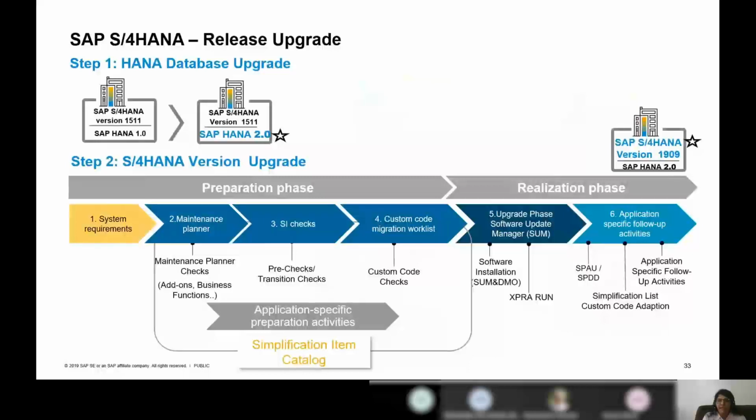So to migrate to 1909, the first step you need to take is to HANA 2.0. So what does it mean for me, a business user? If I have to do an SAP HANA 1.0 to 2.0 upgrade, this is my first downtime, a business downtime which I need to plan for in the project. This could be done over a period of time. You can plan it either along with the S4HANA version upgrade, or you could also do this 1 week before the S4HANA version upgrade.